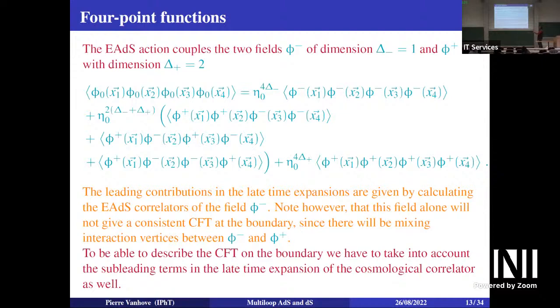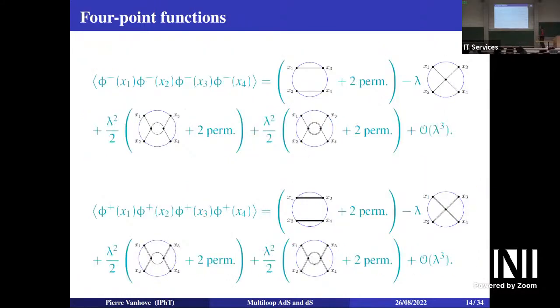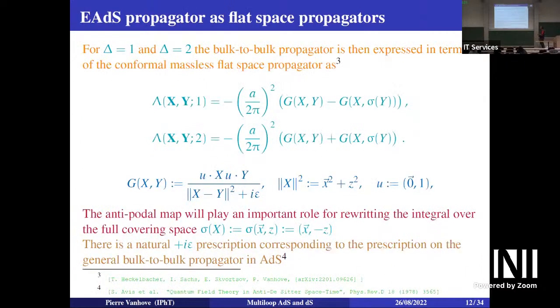So what we are going to do is not just focus on the leading term, but we will evaluate all of them. Because this propagator looks like the form of a Euclidean position space propagator,